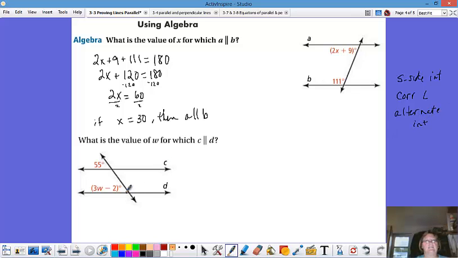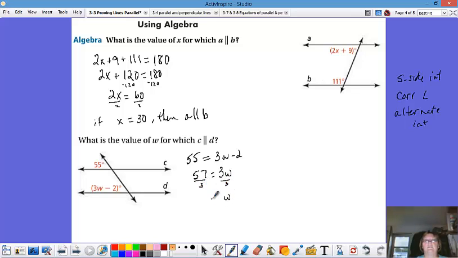And as you look at these, both of them are on the left side of the cut through, and they're both above their line. Folks, these are corresponding angles, and corresponding angles have to be equal if lines are going to be parallel. So we have to have it that 55 is exactly the same as 3w minus 2. If we can find the w that makes that true, we'll have the value that makes C parallel to D. So we're going to add 2 to both sides, get to 57. We're going to divide by 3